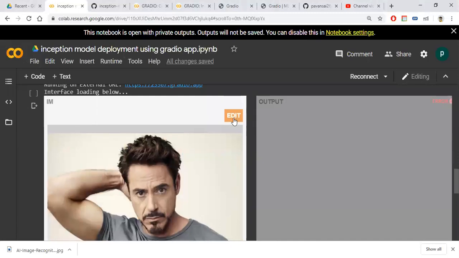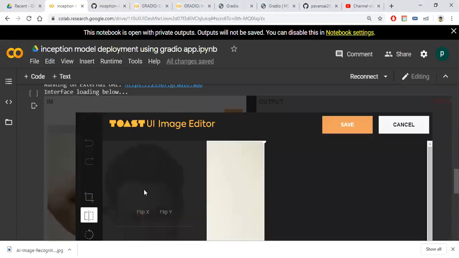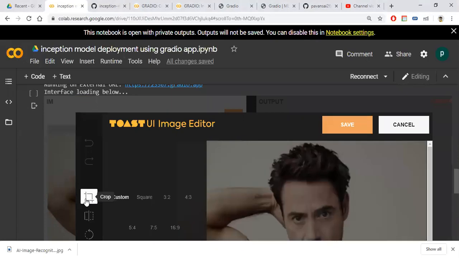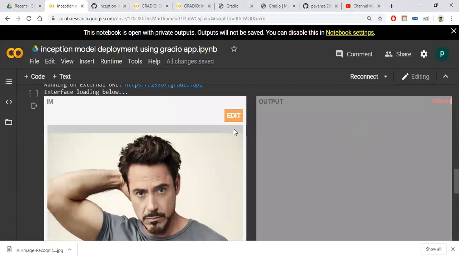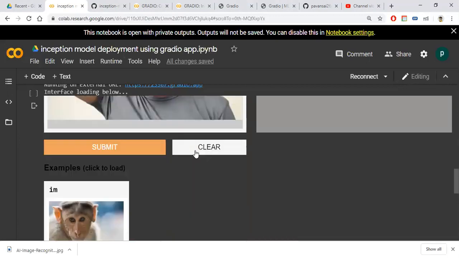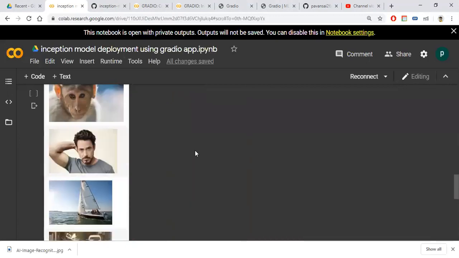You can edit also. You can crop and rotate. We can redo, undo. This is very useful and very advantageous for learning the purposes of deployment. These are the sample images.